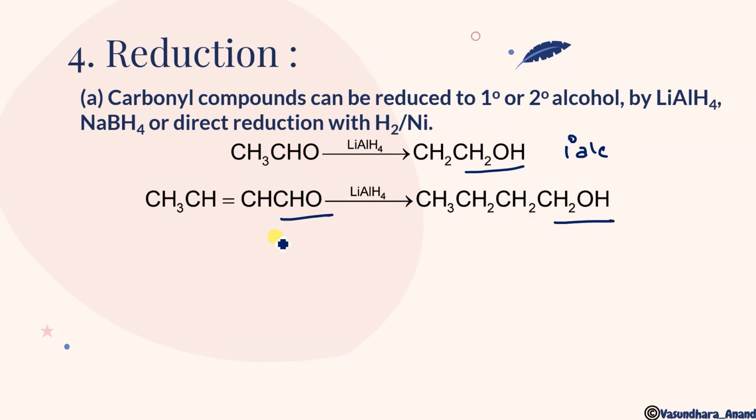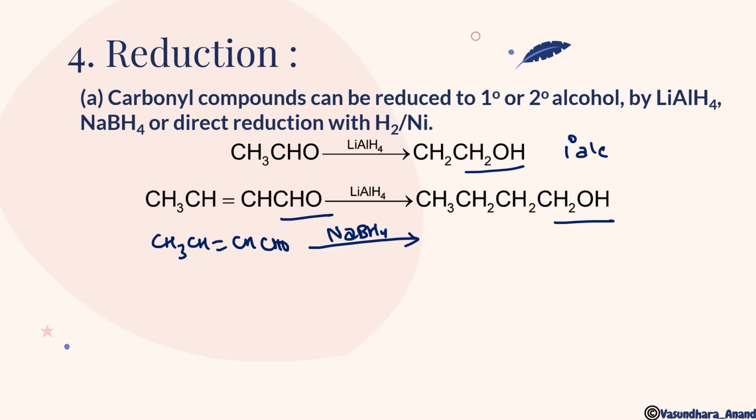Now the question is, suppose that another question, in the same question, if I have used CH3CH=CH-CHO, and there is NaBH4 I am using. So what will be the product in this case? Can you tell me? We have done this type of reactions in a special extra topic, that is lithium aluminum hydride in the previous chapter. Yes, so I hope it is clear.